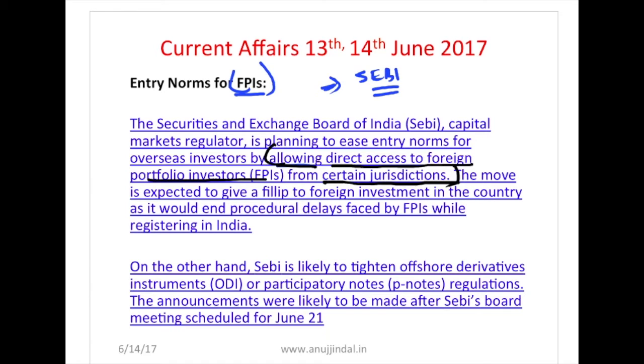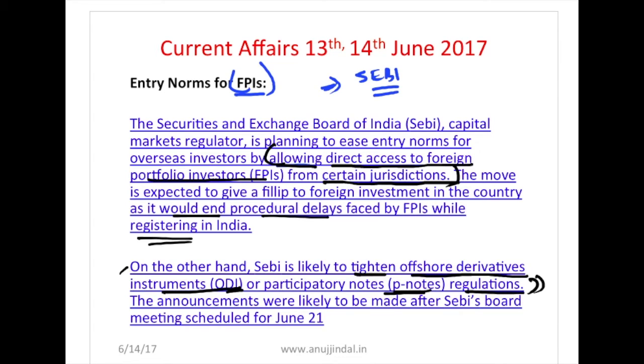What is the purpose of this? To increase foreign investment in the country, as it would end procedural delays faced by FPIs while registering in India. On the other hand, SEBI is likely to tighten offshore derivative instruments. Another decision which is pending, another talk which is going on, is to tighten the offshore derivative instruments and participatory notes